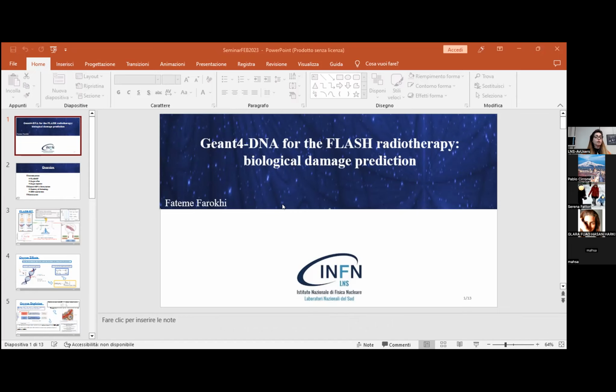At this time, the flash mechanisms are not clarified yet, but various hypotheses have been proposed, and the main one is oxygen depletion. For example, the hypothesis about reactive oxygen species causing less toxicity in flash radiation, or a relation to the immunological response. You can see in this figure, in the short time of flash irradiation, the smaller volume of